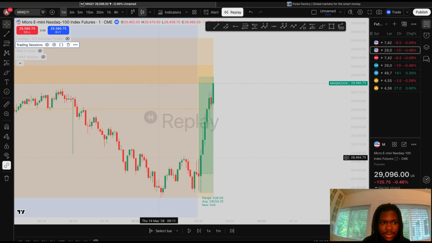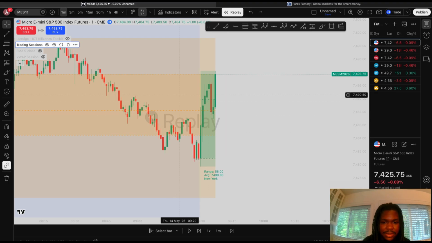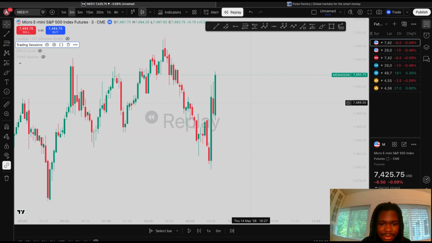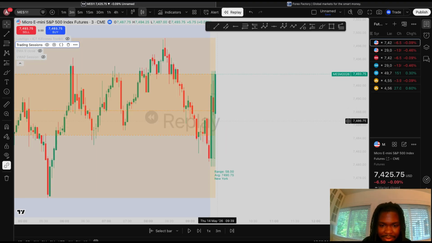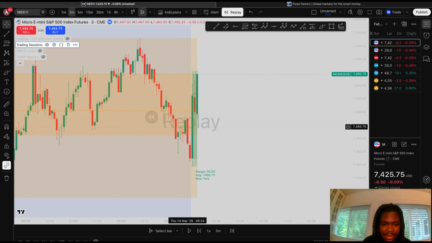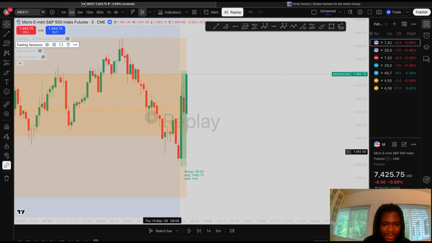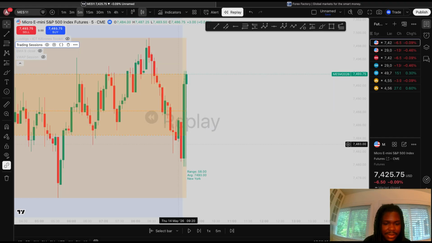Which I don't think I caught on NQ. I think I caught it on ES. I did catch it on ES. So as you can see, price gave me my entry by filling me into this fair value gap after sweeping. This is ES, but it's the same thing. Did the same thing. Swept these relatively equal lows here, and then we had 8:30 news,